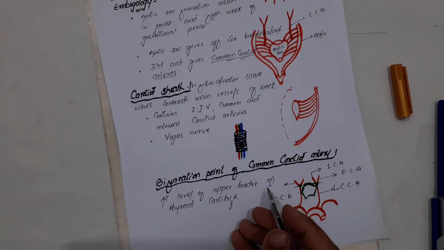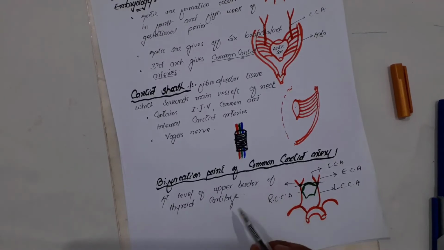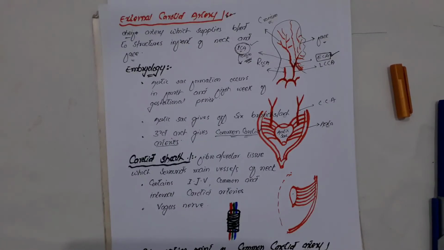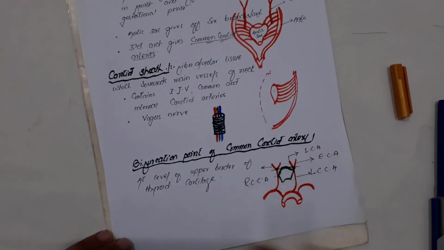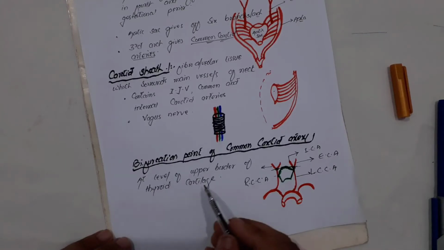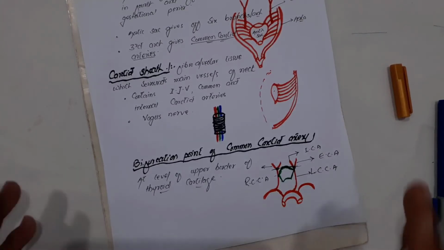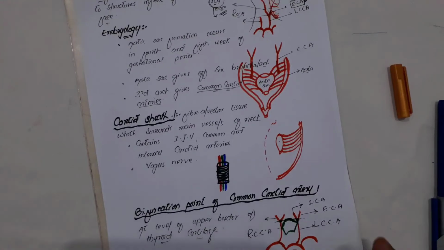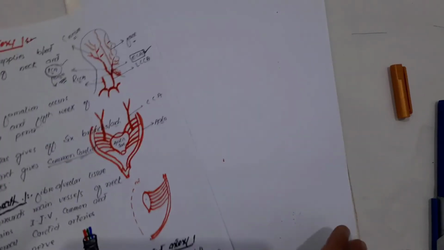Clear, friends? Very good. Now let's move forward and discuss more about the common carotid artery. Okay, friends. One thing more, friends, which is very important, this bifurcation point. Okay, this will be enough. Just leave it. Bifurcation point. Clear. Now, moving forward,